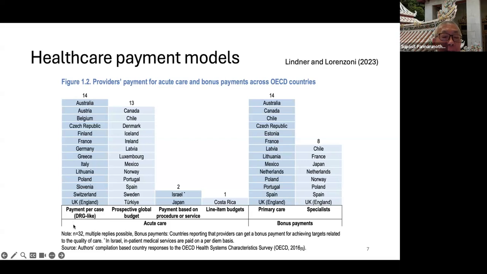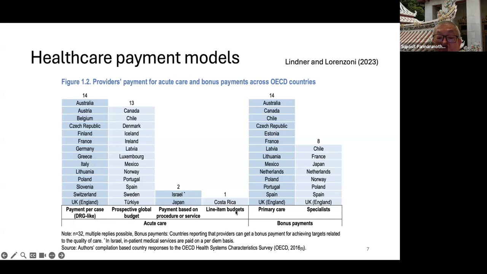The most popular is payment per case, DRG or DRG-like. There are 14 countries that use this. Another option is the prospective global budget, by 13 countries, and payment based on procedures or service, which has 2 countries,